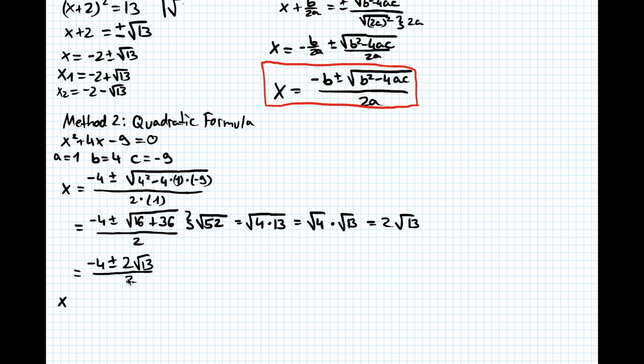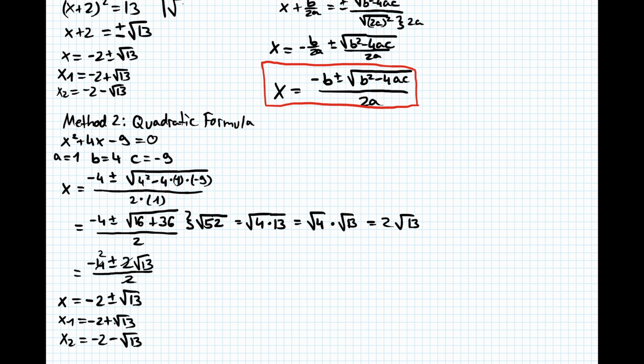So now just simplify this expression by factoring out the 2. x is equal to negative 2 plus minus square root of 13. And if we rewrite it, our x1 is negative 2 plus square root of 13, and our x2 is equal to negative 2 minus